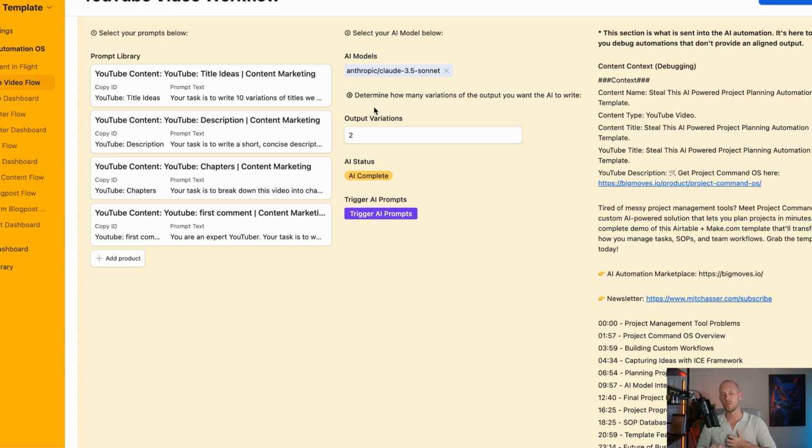So the way that I use AI predominantly is, first and foremost, I'm using it as a way to provide me with as many different variations of possibilities as possible so that I can mix and match and choose and build out those ideas in my head based on the context that I also have for the business as well. So let's just say we want 2 output variations for each of those, and we'll just trigger